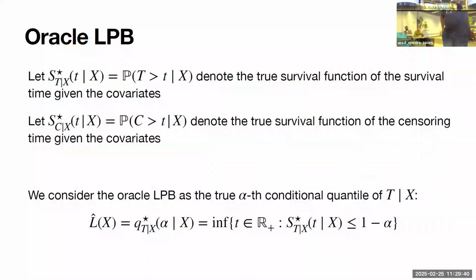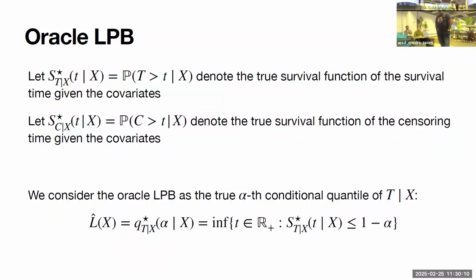We define S star of t given x as the survival curve for T given X. So that is the true underlying survival curve for the outcome T. We likewise define S of c given x star, and the stars will always indicate the underlying true law that generates the data, to be the survival curve for censoring